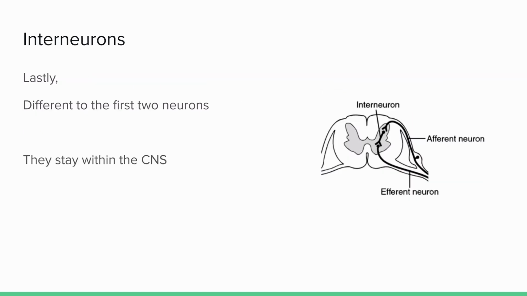Lastly, the interneurons. This is different than the first two neurons we talked about. They stay within the CNS and do not carry in or out any information. It does help with signals to